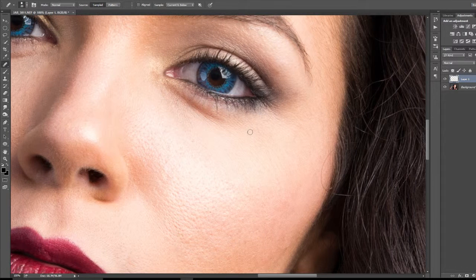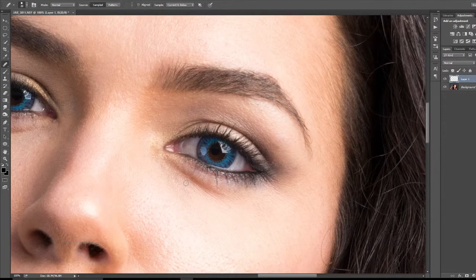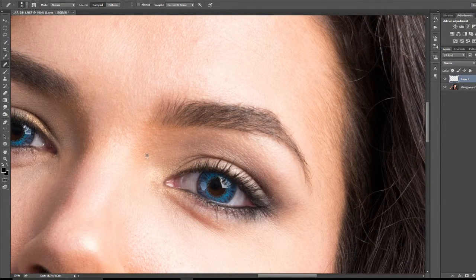It's a pretty simple technique. It works very, very well. It's very effective. It looks very realistic. It's much better than simply applying a blur over the entire image to try to soften that skin, because most of the time you're really not trying to soften the skin, you're just trying to remove blemishes. There's a lot of different tutorials out there on how to make skin look real and how to make it look right. This is by far the best method that I know to take care of those little small problems,